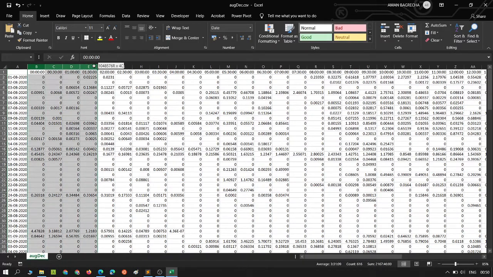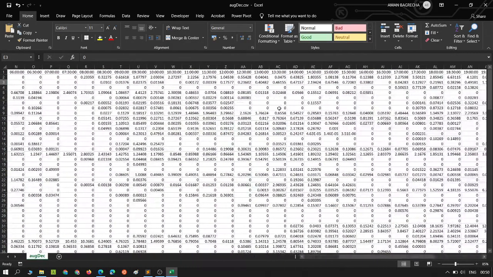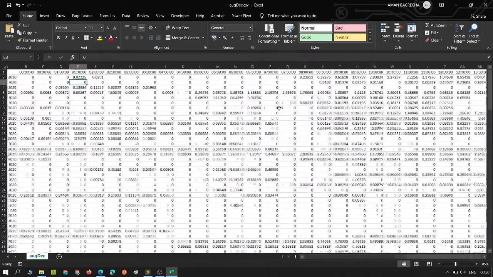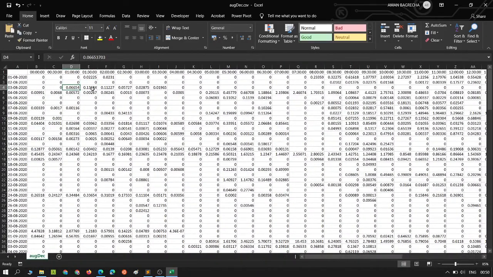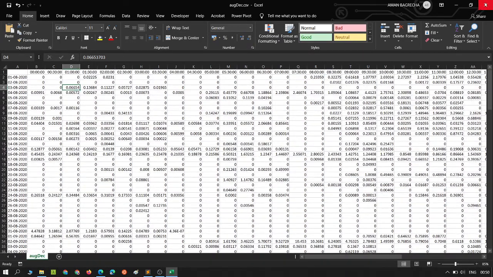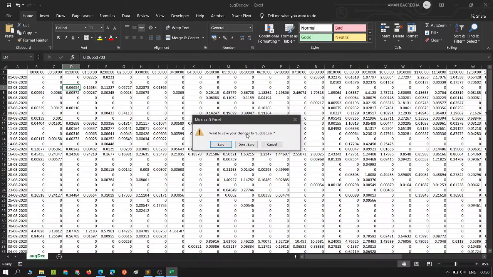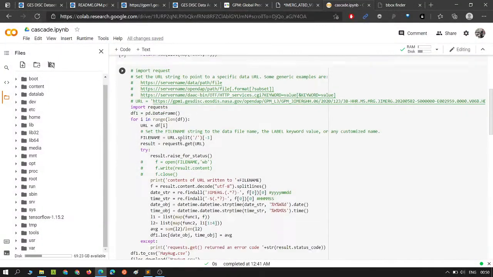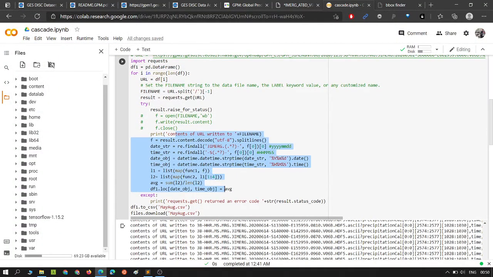And all these columns are half-hourly spaced, and it goes from 0 to 2330. So these values are per hour, and then we can further process it. This format we got from the Python scripting because we did this.